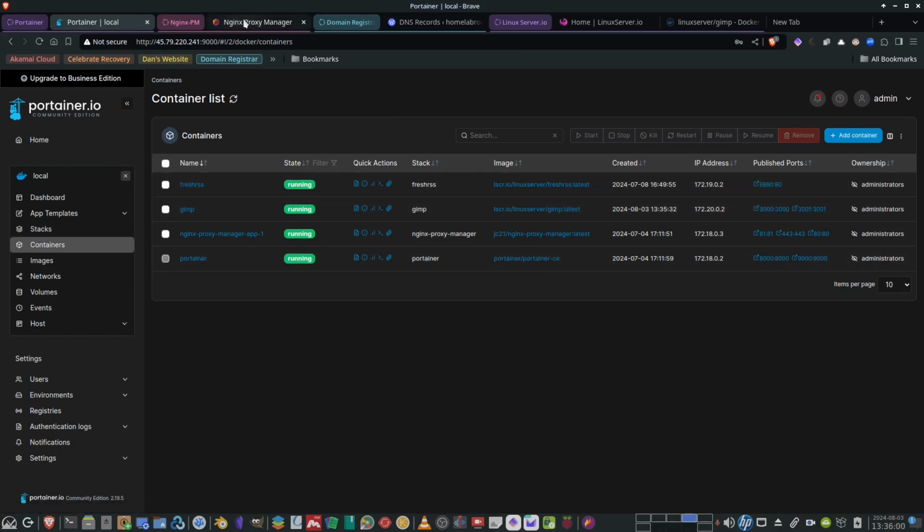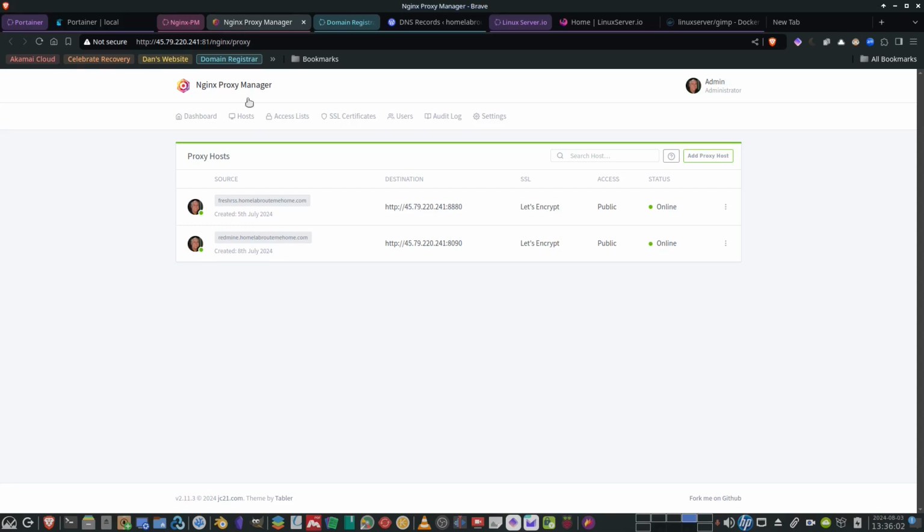So I'm going to go back to the Nginx Proxy Manager. I don't want to have to open up port 3000 on my VPS to access GIMP around the world from my container here, my Docker Compose container. So I'm going to use Nginx Proxy Manager as a go-between, which is great about this product. You can set this up in such a way that